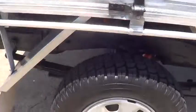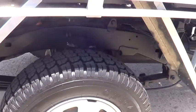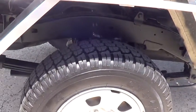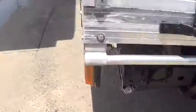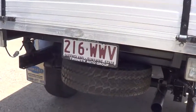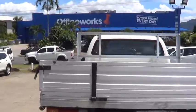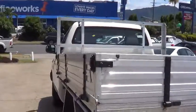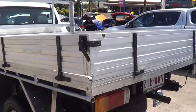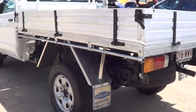You've got really good healthy tyres on the car as well, GT Radials all the way around. There's a spare sitting underneath the back there for you as well. Again, no damage to the tray, and it has the higher headboard. There are a couple of differences amongst all that, but for a working truck,